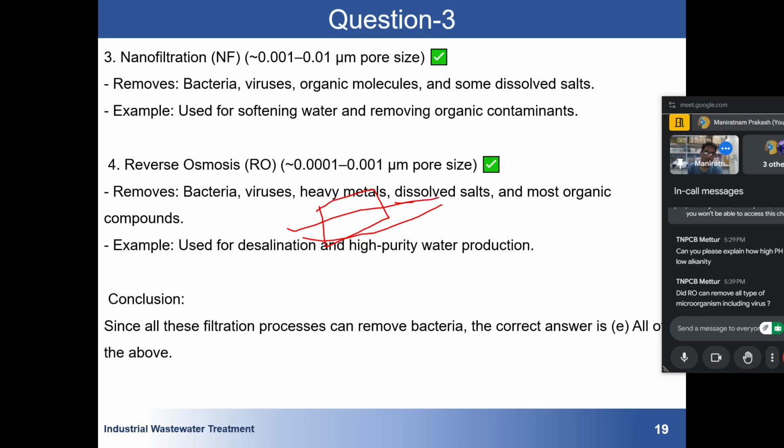Then there is a bypass also, because reverse osmosis removes all the dissolved minerals, all the calcium, all the magnesium, but we know that we need some calcium and magnesium. So to add a sufficient amount of calcium, there is